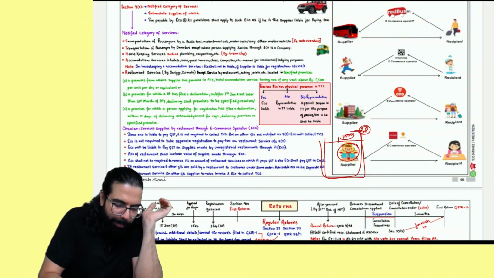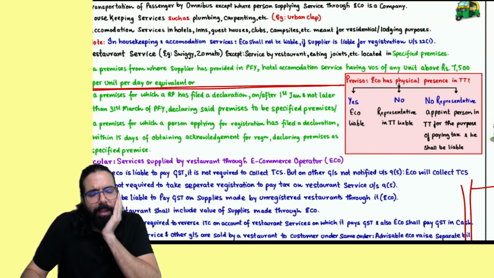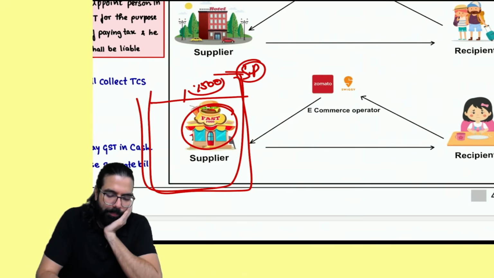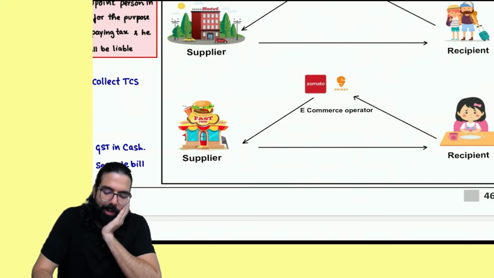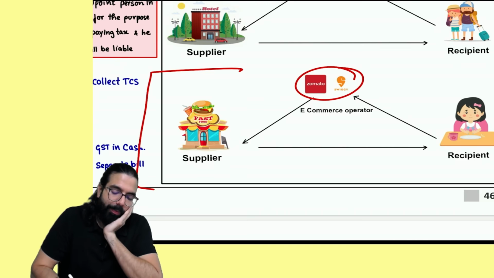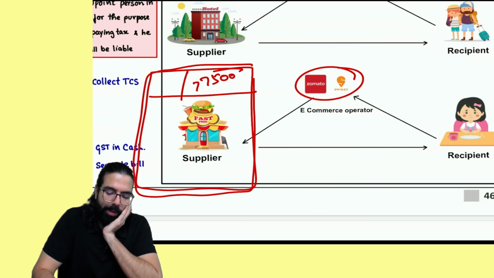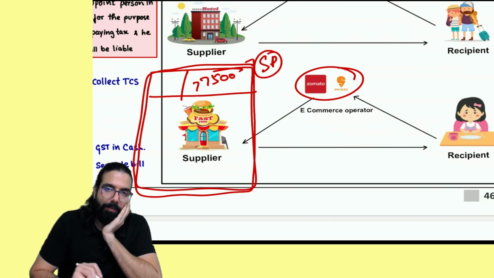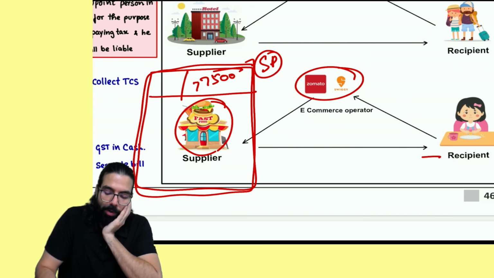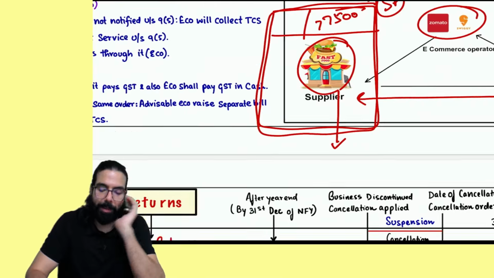For September students, sir, what will we study? You can study only the A point which was already there. Sir, what does this mean? This means generally restaurant service, the e-commerce operator will pay the GST. But if you are located in a premise where any room charge is more than 7,500, then this premise becomes what, everyone? Specified premise. And if it's a specified premise, the restaurant only will collect the GST and pay the GST to the government. That's all you should remember from the exam point of view also.